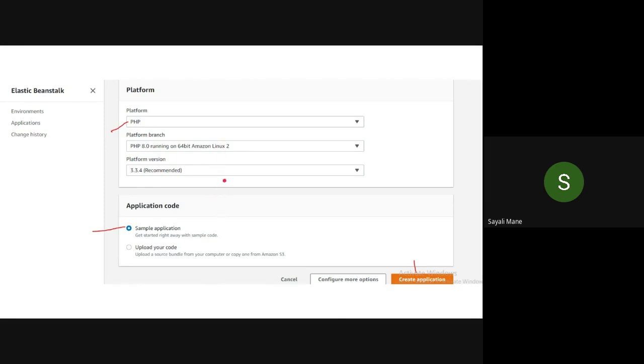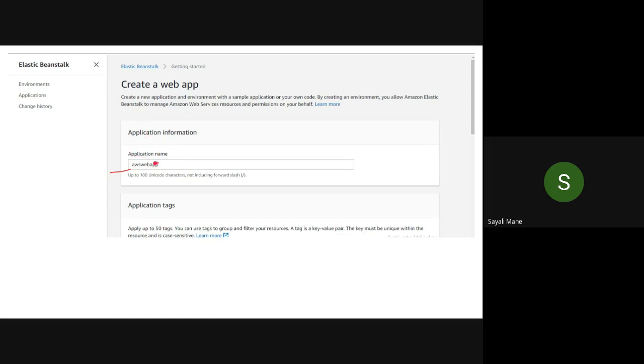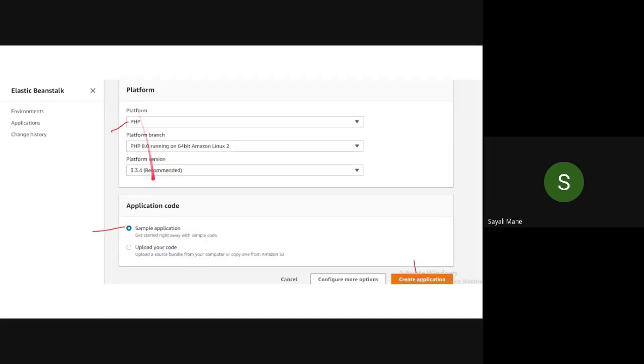Once you're finished with this, please take a screenshot of the application name and highlight your application name. And the second one, platform and application code. Before creating the application, please take a screenshot of it. Yeah, you have to take a screenshot.